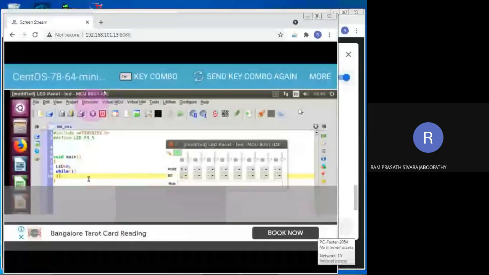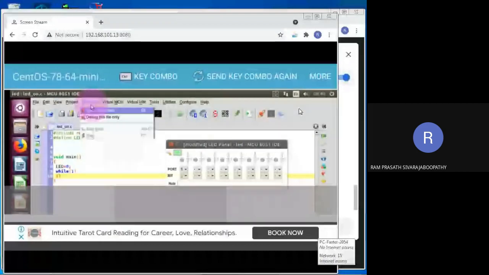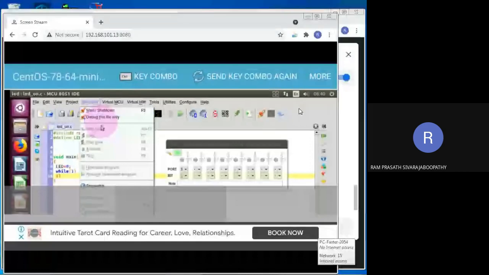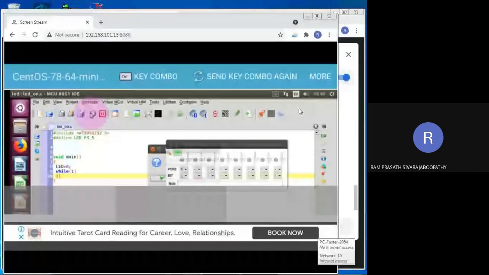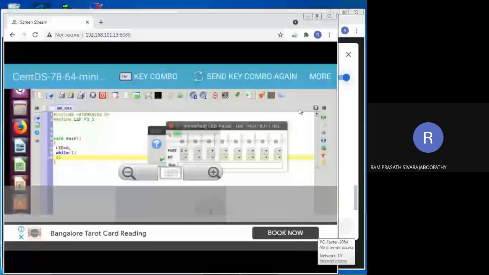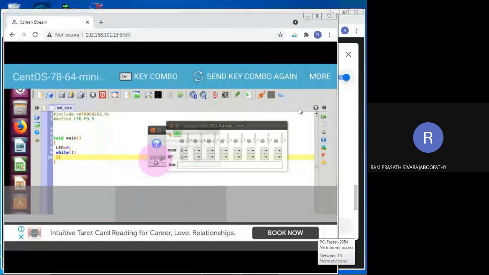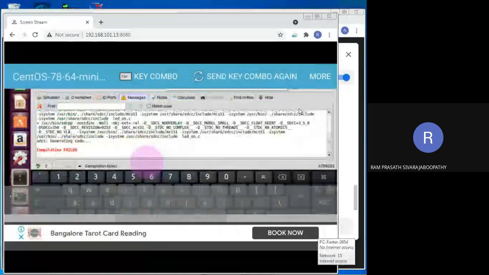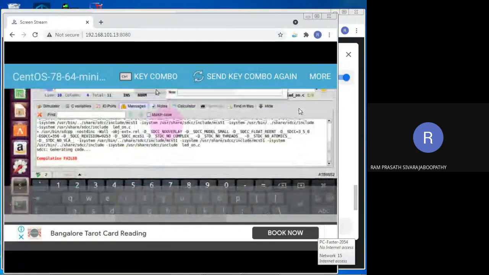So click on simulator. Yes, debug this file only. Yes, it is asking. Wait a minute. I can move this somewhere. I'm clicking on OK. Actually, behind this screen, you can see OK. Yes, I'm clicking starting compiler. I think we have got a warning. Wait a minute. We'll check what about that function.